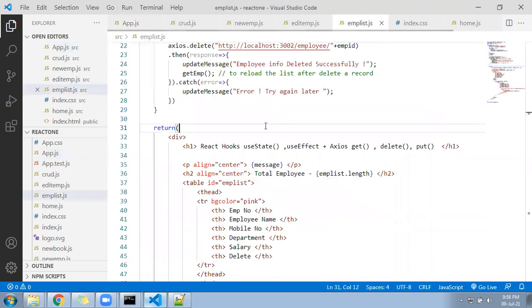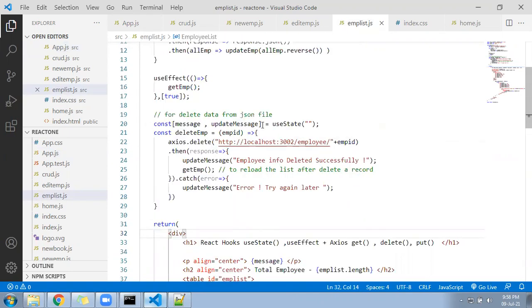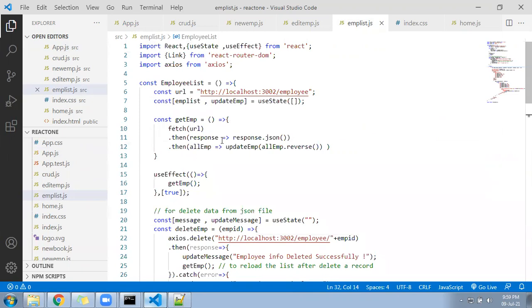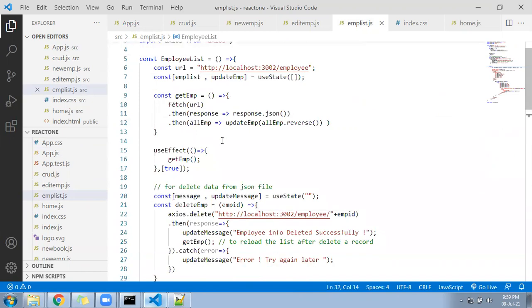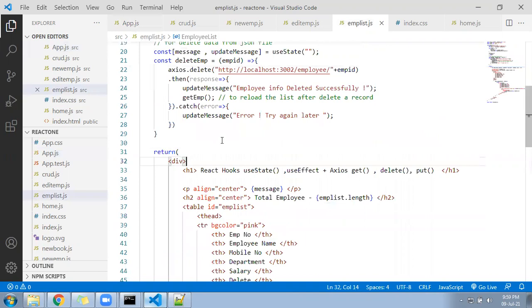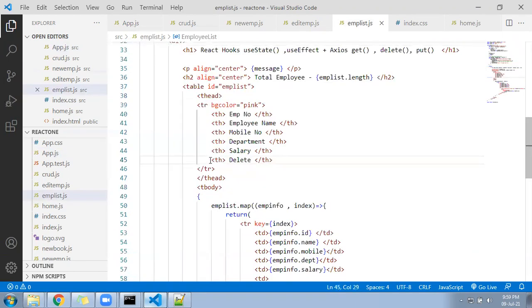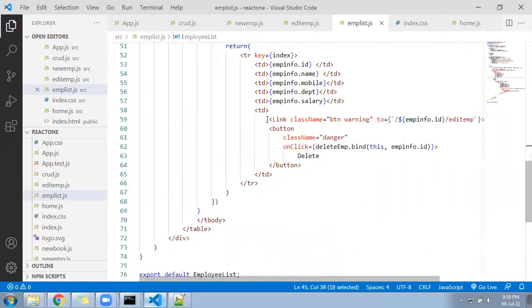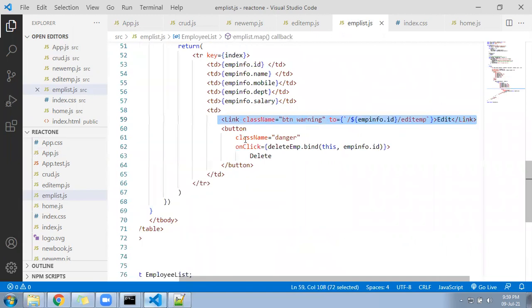Let me come back to my another page, that is called emp list. What was the previous code that you need to know? These are all the previous code that you implemented in the first video. Everything is the same. Delete functionality was added here, and after that I added one more button as a link. But before adding this link, let me delete that thing.